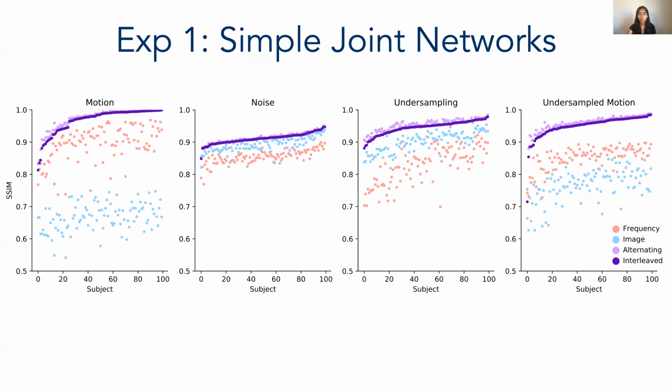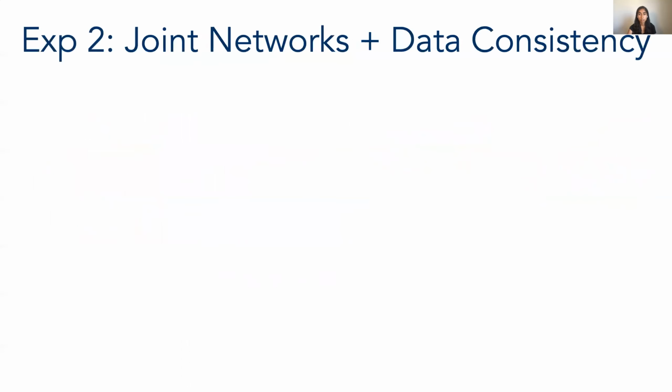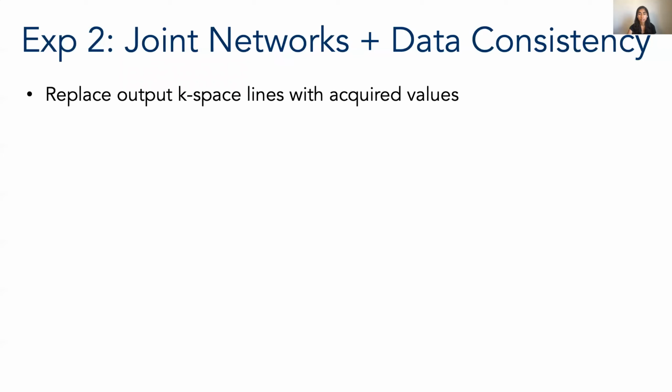For nearly every subject and every experiment, our joint networks outperform the single space networks. In our second set of experiments, we study the interaction of our joint layers with a data consistency operation used in many state-of-the-art networks designed specifically for undersampled reconstruction. This data consistency operation directly replaces the k-space lines in a network output or intermediate estimate with the true acquired